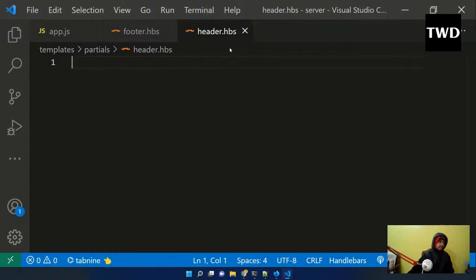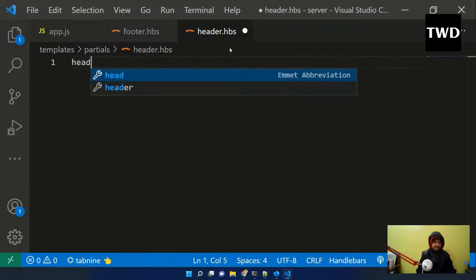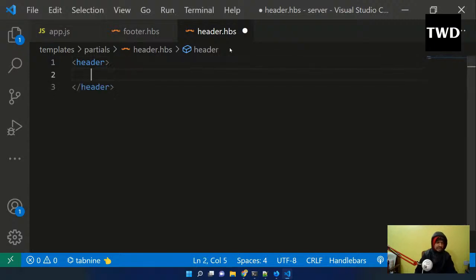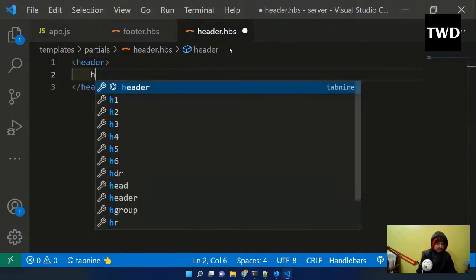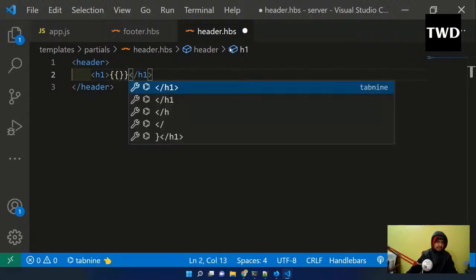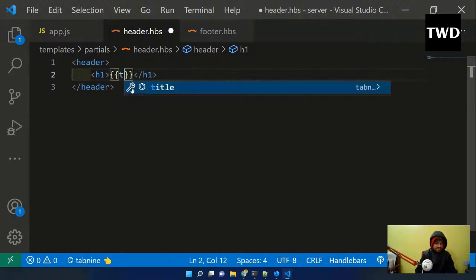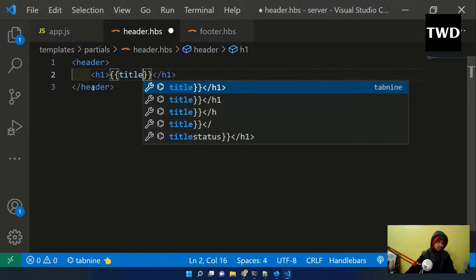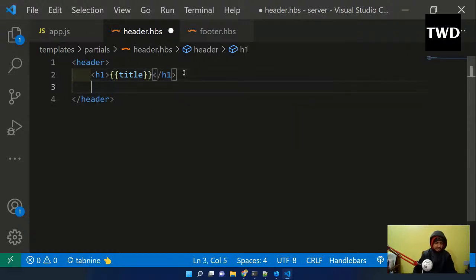So header.hbs we are doing, and then a header I'm going to have, and then h1 I'm going to have, and then see the thing which I was passing from here. Okay, so I am having a title here. We are going to soon see what these partials are. Title I'm doing, and then an A is there, href, like